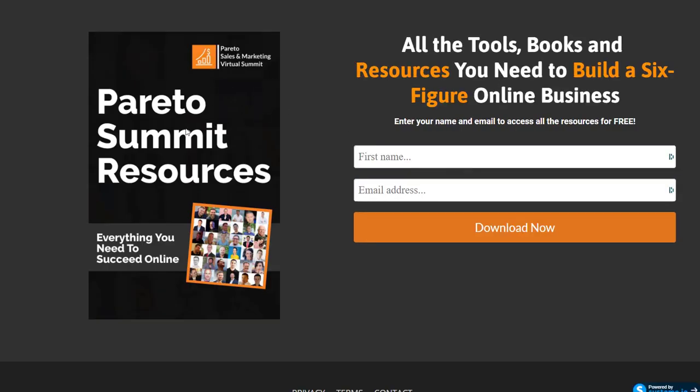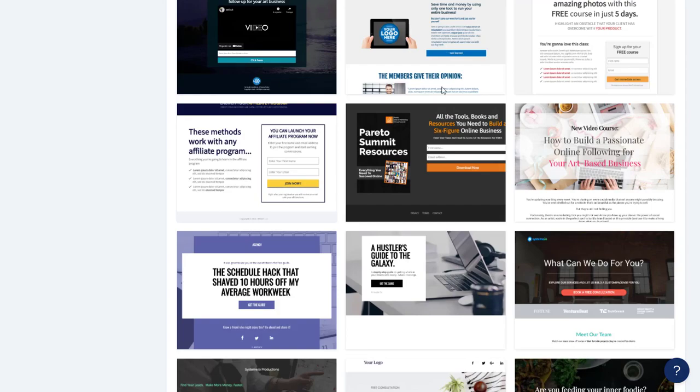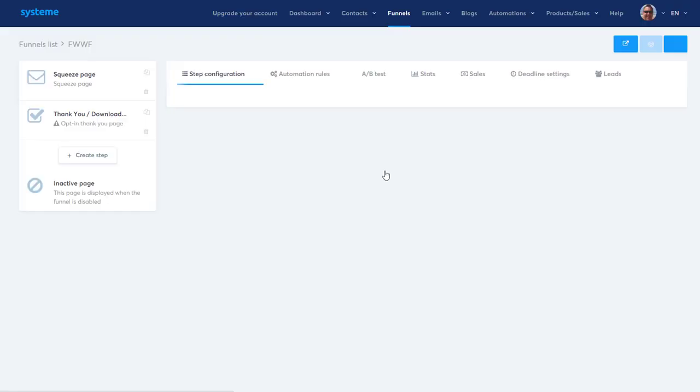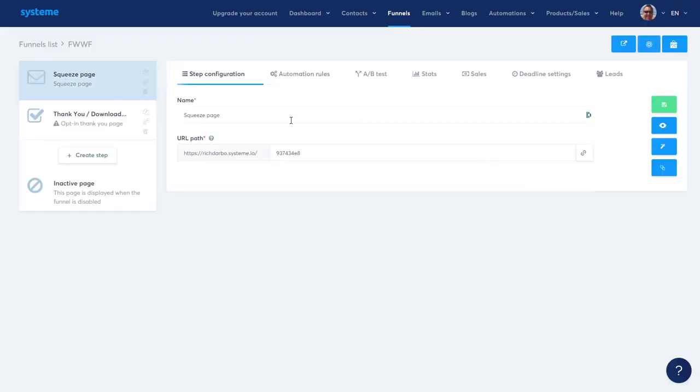Now let's go ahead and preview this one. This will show you what the squeeze page is like. Now everything on here you can change. You can change all of this text, all of these images. This just gives you a nice structure to actually work with. And again, if you wanted to select this one, you just select that squeeze page. That becomes your squeeze page. We'll just call it squeeze page 1. And then we can go ahead and